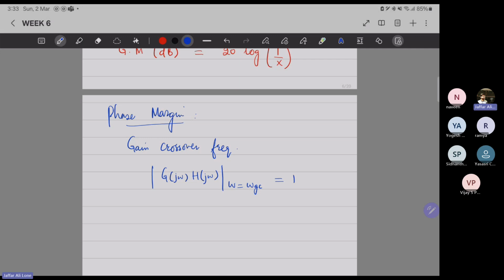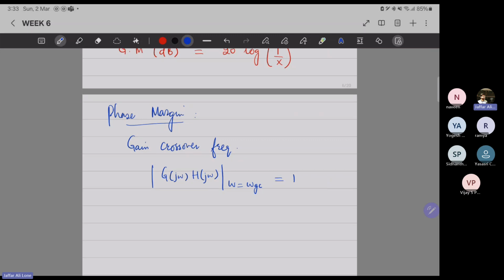So gain crossover frequency is the frequency where the magnitude of my open loop transfer function is unity, right? And you know that log of 1 is 0,